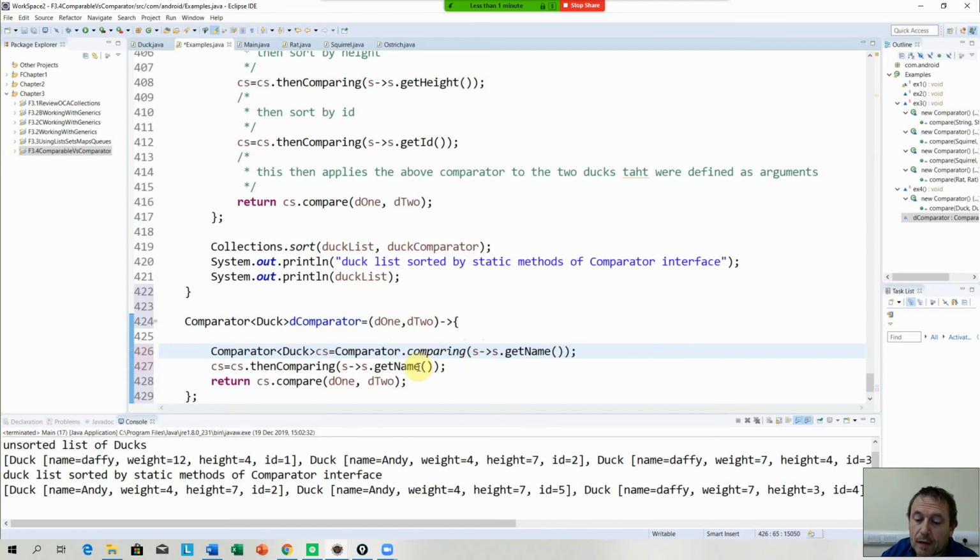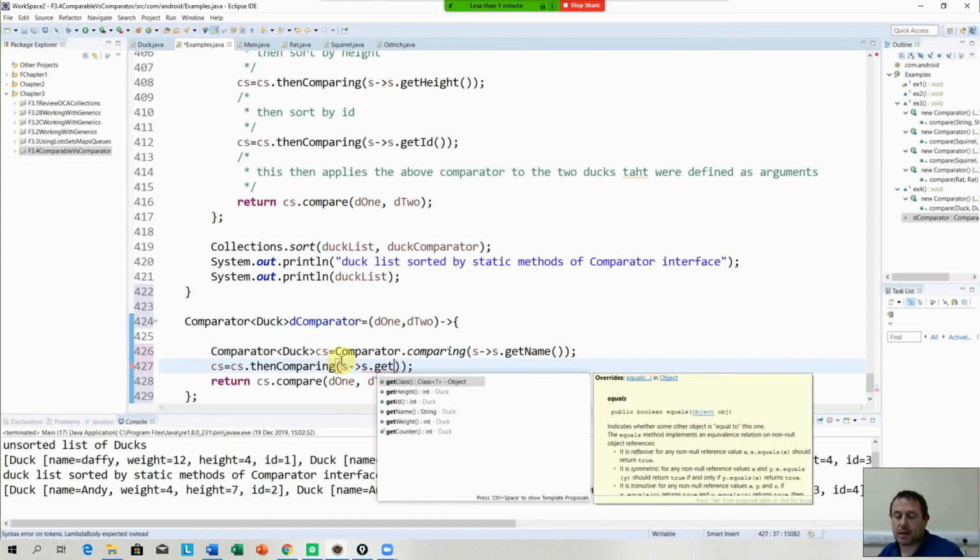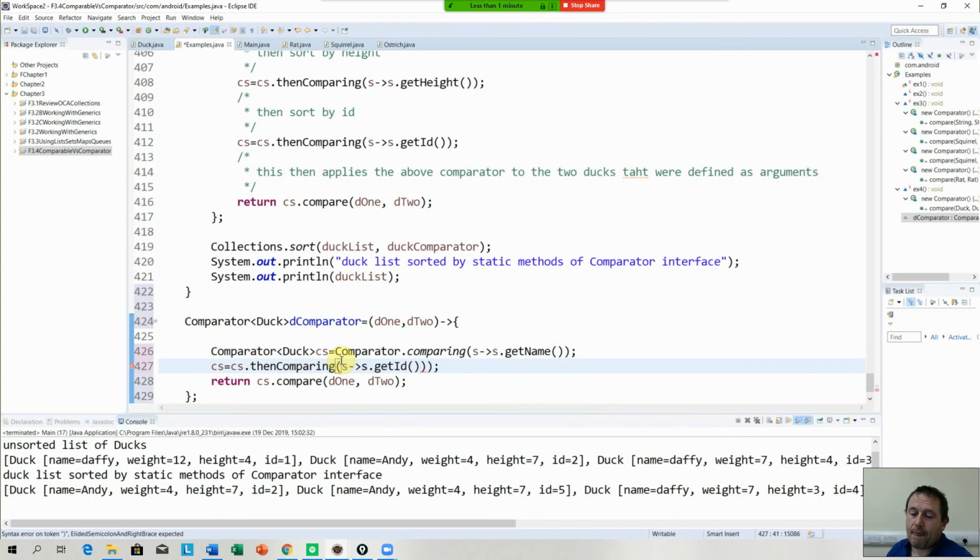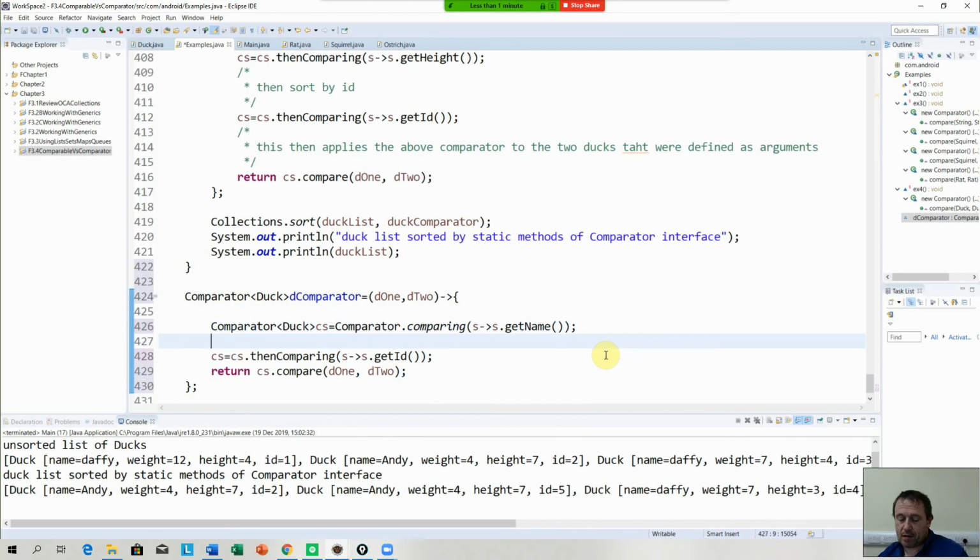Okay, then comparing s dot getId. So there you're comparing by name first and then ID. All right, so one of the rules of comparators are